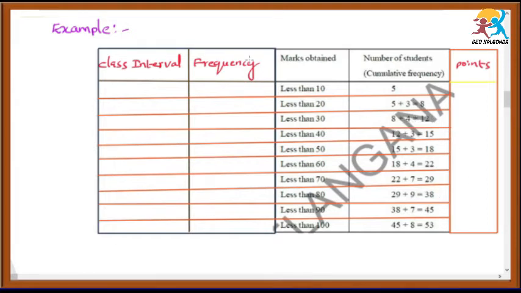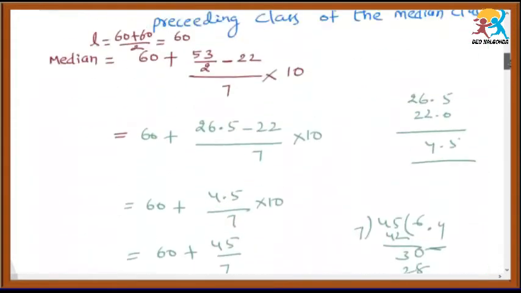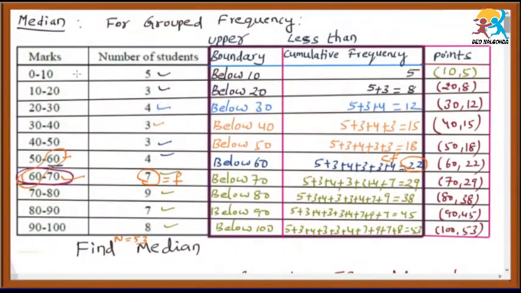So for this also you have to find out the median. How to find the median for this data? Actually, just observe one thing here. In the previous questions, you got only class intervals and the frequencies. Here we have prepared the less than cumulative frequency and greater than cumulative frequency, but just observe here, below 10, below 20. That means if you see the word below, then you have to suppose that it will be the upper boundary.